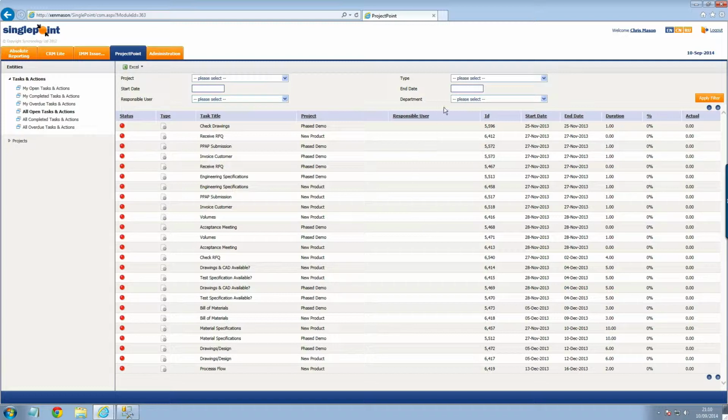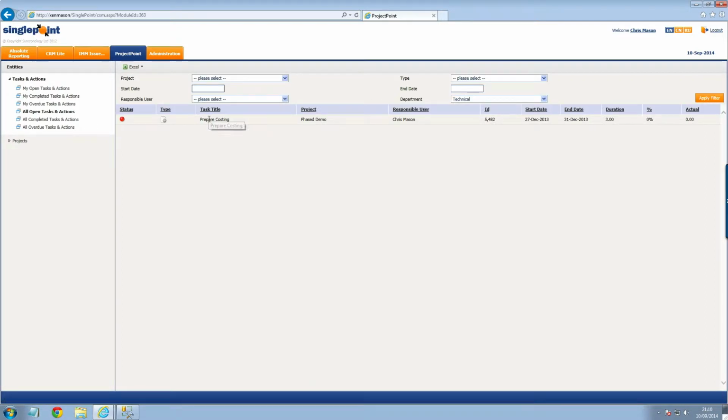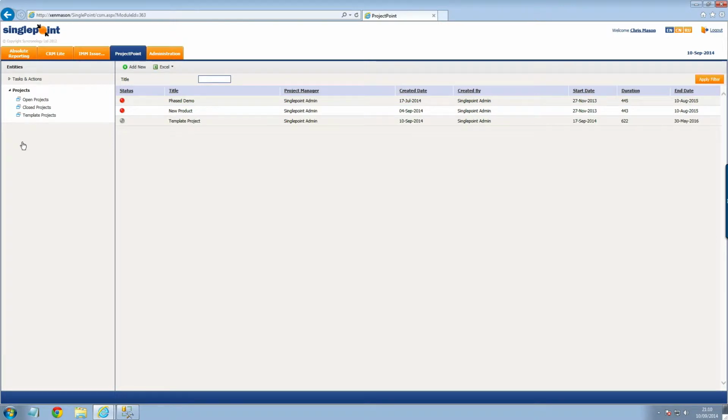And the idea behind this is that the user can actually filter this data down dynamically. So for example, you might want to see all of the tasks and actions for a particular department. So let's choose technical, and if we apply that filter here you can see that data is filtered down. So that's the tasks and actions entity, and we mentioned that this task, for example, comes from the phase demo project. So let's just jump across to the projects entity,